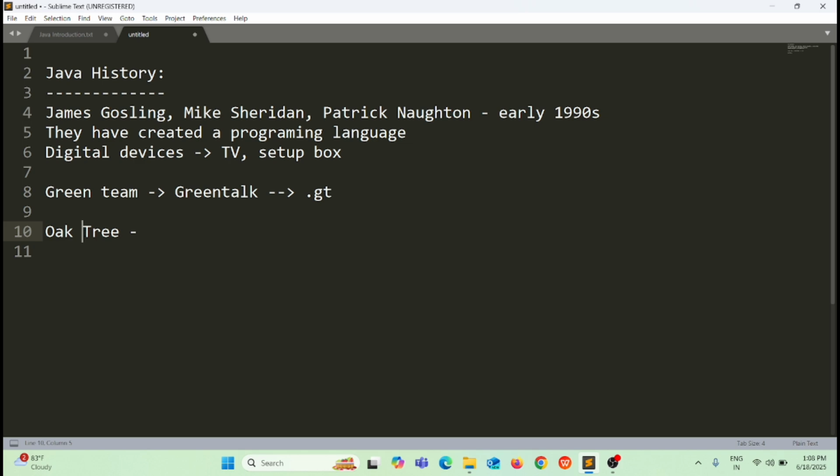So the name changed from GreenTalk to Oak. Now the language name is Oak. But immediately they noticed that a trademark already existed in the market, called Oak Technologies.